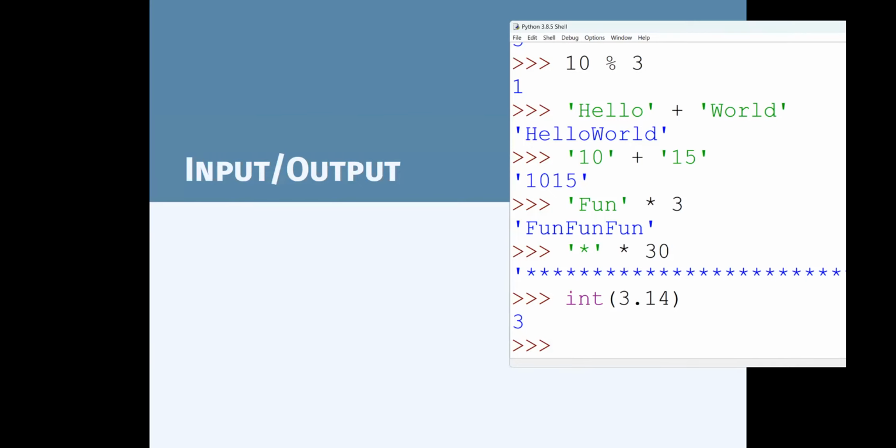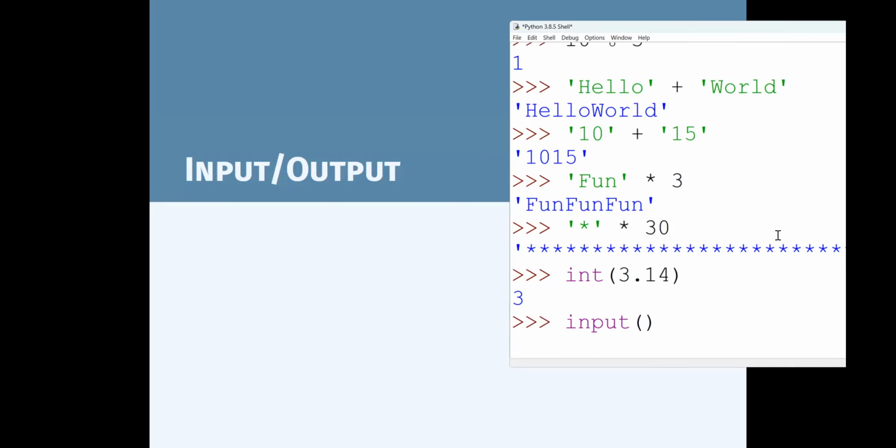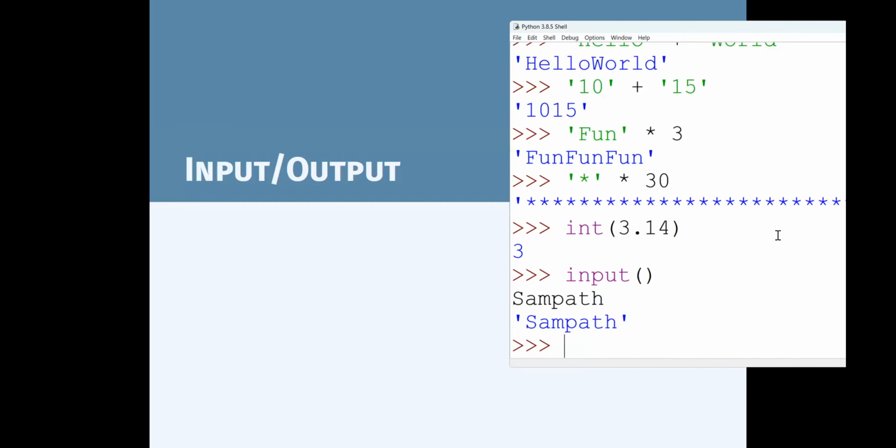Next, how do you interact with the users in Python? You can use the input function. For example, if you put input, you can notice that it is waiting for the user's input. For example, if I type my name, then immediately after that, it will output it as a string value. So what you need to remember is that whatever you enter, you will get as a string.